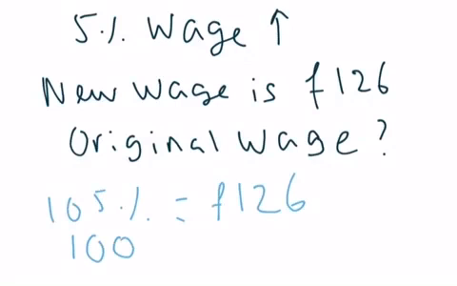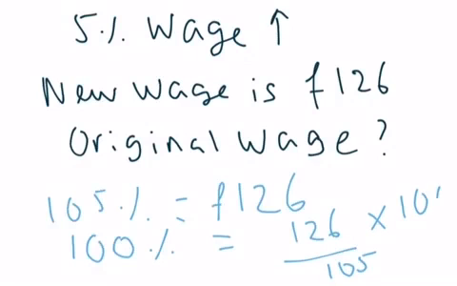So what is 100%? Now again, how do you get from 105 to 100? Well, I can divide the 105 by 105 to get 1%, and times by 100. So if I do that on the left-hand side, I've got to do that on the right-hand side. So I would do 126 divided by 105 times 100. And that will give me